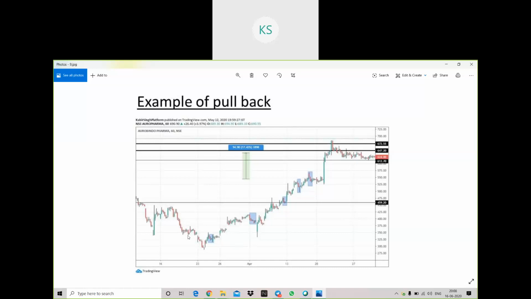One more point you can keep in your mind is that whenever the stock is in pullback mode, it will form good candles. Compared to contraction mode, in expansion mode you will get good candles. But the candle size will not be as big as they were in the trend phase, because this is the secondary trend of the stock. The main trend is in upward direction, so the secondary trend will be downward, which is highlighted. We also call that a pullback, or you can call it the secondary trend.